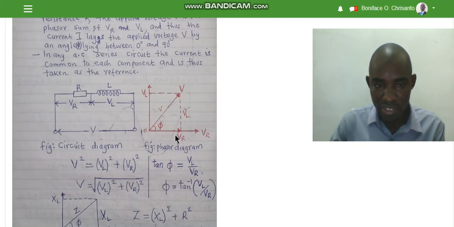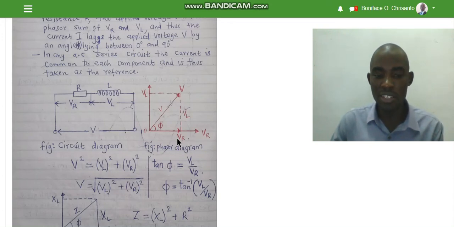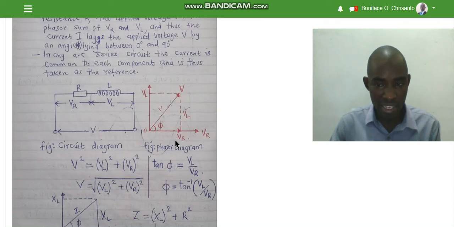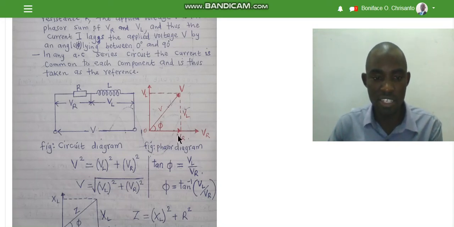That is why you can see the voltage across the resistor is also plotted on the horizontal scale, for the simple reason that current is drawn on the horizontal scale and the voltage is in phase, meaning they are just moving on the same line. That is why we have presented the voltage along that side. We have also